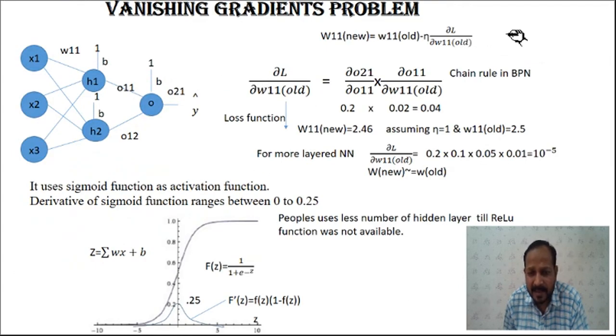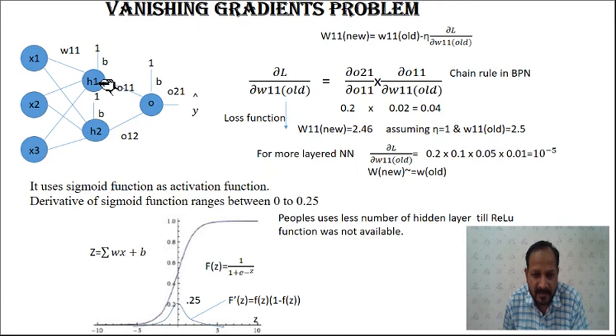Let us consider one example to understand this gradient vanishing problem. Let us consider a small network having only one hidden layer. These are the input neurons. This is the hidden layer, having only two nodes, and this is the output layer having only a single node. These are the connection weights: from x1 to h1 maybe w11, from x2 to h1 it will be w21, and the weight coming towards h1 from the third input will be w31. In that way we can give the weight matrix.